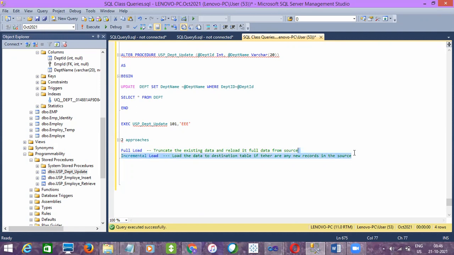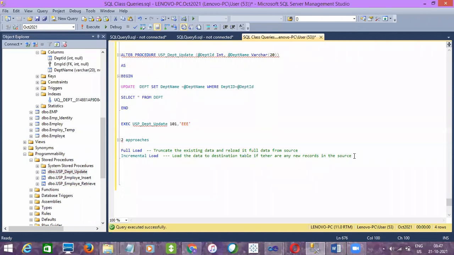And for incremental load, see, incremental load is nothing but loading the data from the source that is not there on the destination, which means loading only new data from the source. In real time, customers perform transactions every day. If you take the telecom domain, new calls will be there, and in the banking domain, customer transactions will be new every day, right?